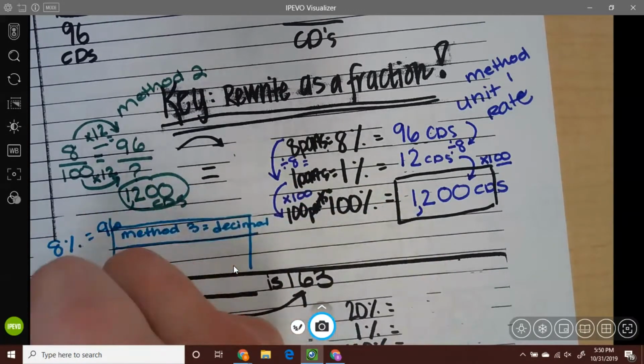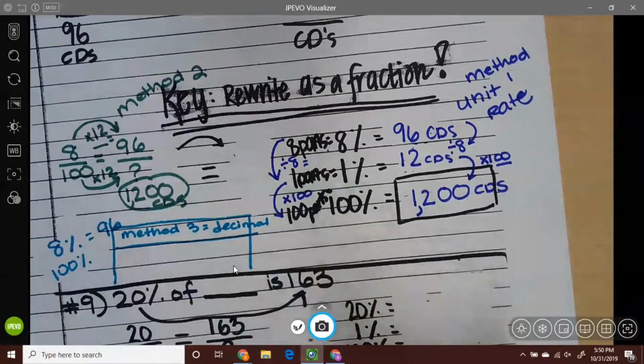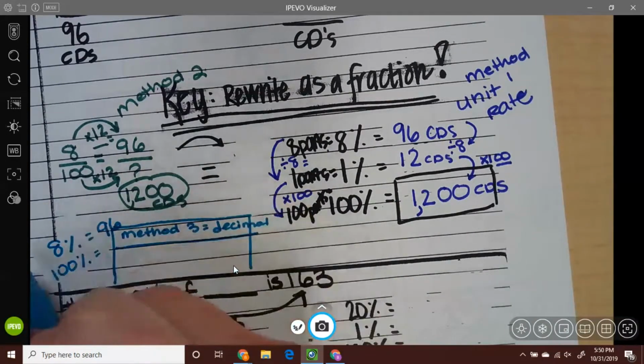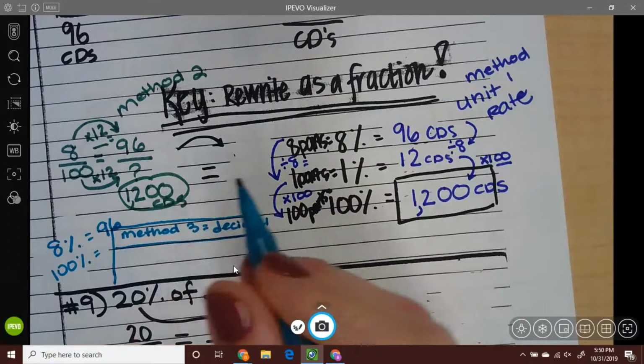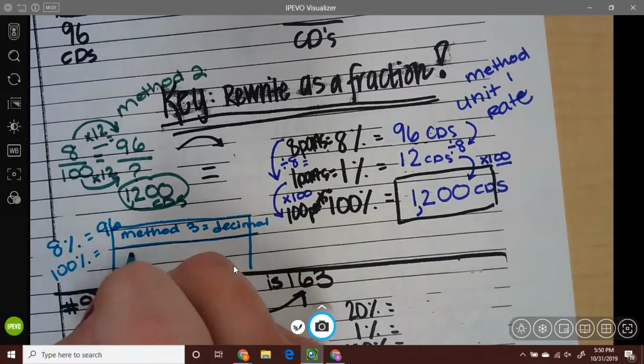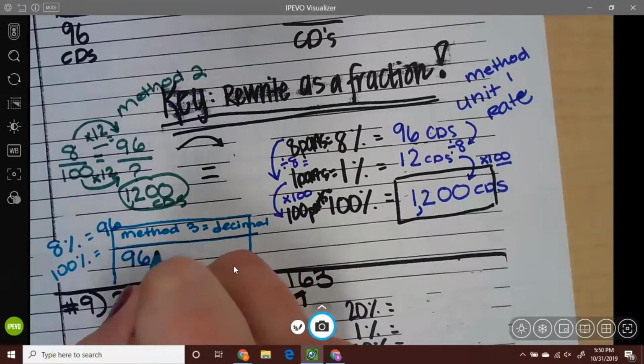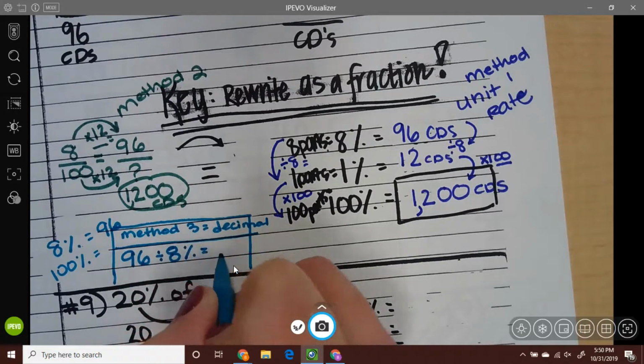Okay, so since we know the part and we want to find the whole, you would take the part and divide it by the percent to get the whole. So I'd have to take 96 divided by the decimal,